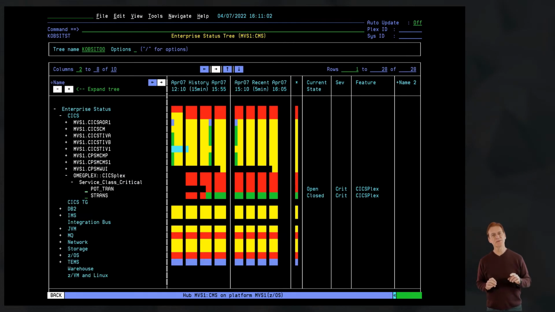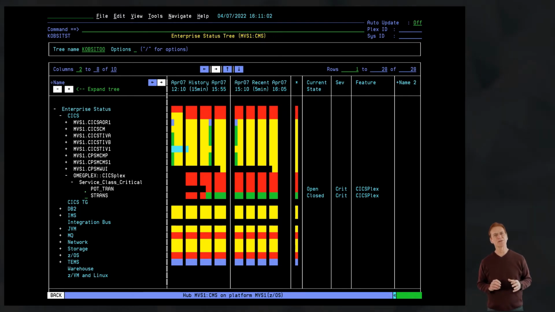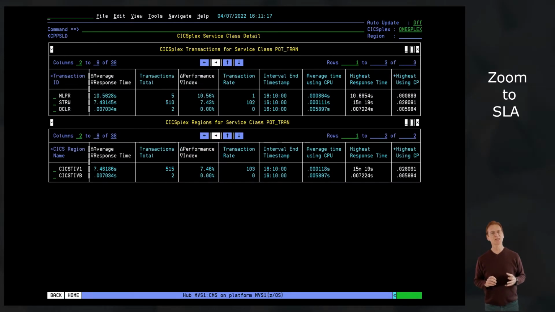Returning to the events view, we now have a second navigation to discuss. Here I have customized the directed zoom on alerts feature. By selecting the class of interest and hitting enter, the default navigation via directed zoom will open to the CICSplex Service Class Detail panel. We can now inspect all performance statistics related to transaction service class performance with both real-time